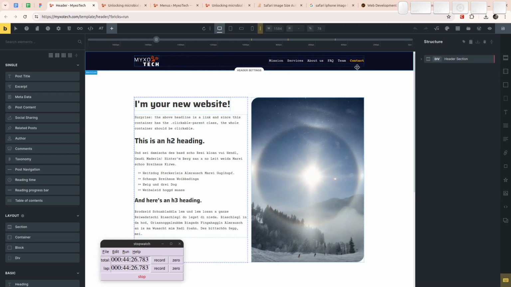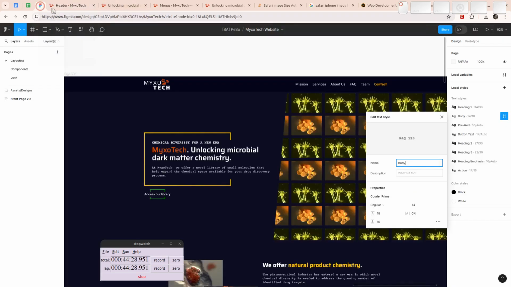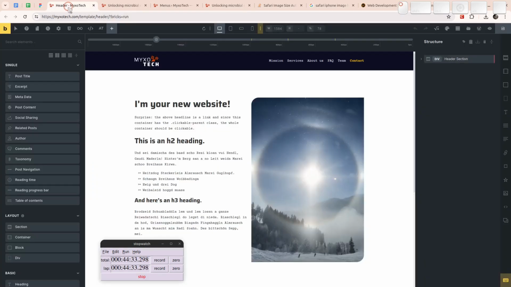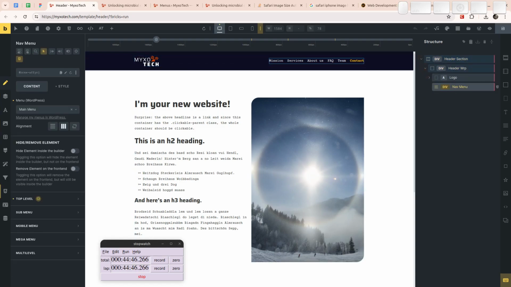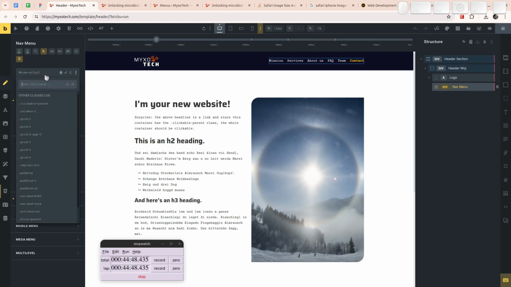We've got all of this, but we do want the menu font to be not the body font. We wanted to use Zahira. So what I'm going to do is make a utility class for that. So on the nav menu, I'm going to put a utility class. I'm going to call it